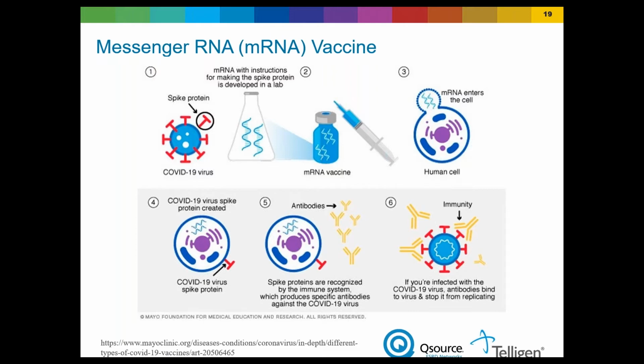So what it really means is that messenger RNA vaccine basically sends a message to our cells to make more protein against the spike protein that's basically the infectious unit of this virus. So the messenger RNA takes a copy of this spike protein and allows the body to make the antibodies towards this spike protein, so that when someone is faced with an infection, these antibodies can counter these viruses and prevent us from getting serious illnesses. Next slide.